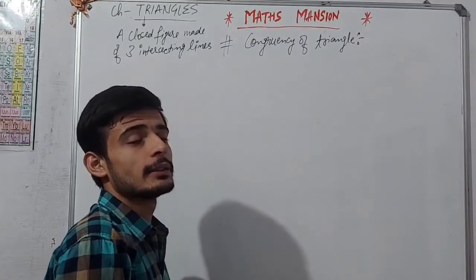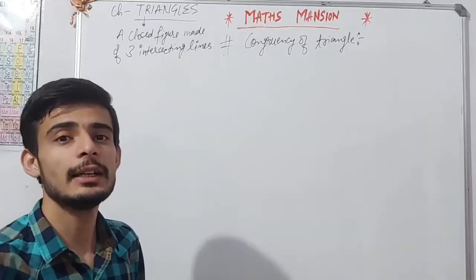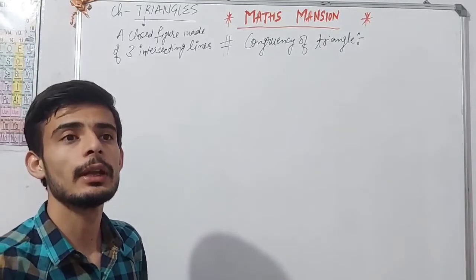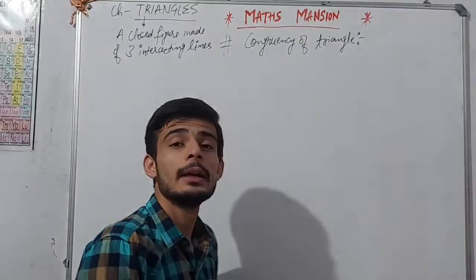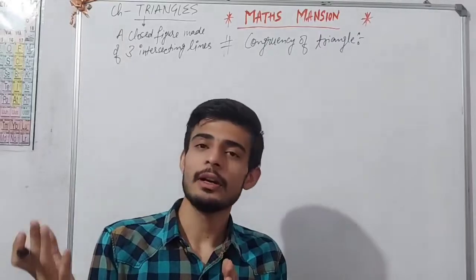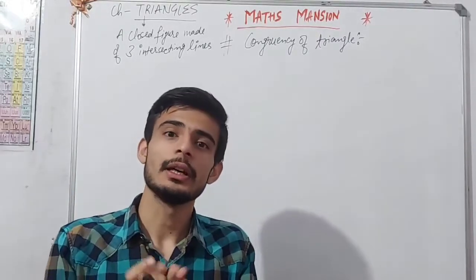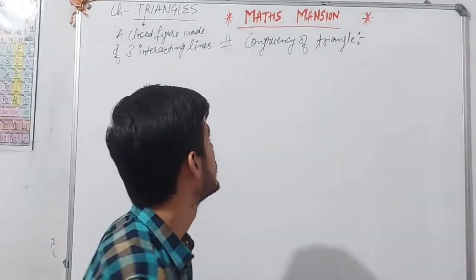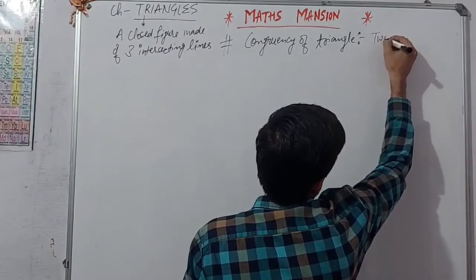Two triangles are said to be congruent if their corresponding sides are equal and their corresponding angles are equal. What does it mean? It means that if we overlap one triangle on another, then it will exactly superimpose the other triangle. So congruency is, two triangles